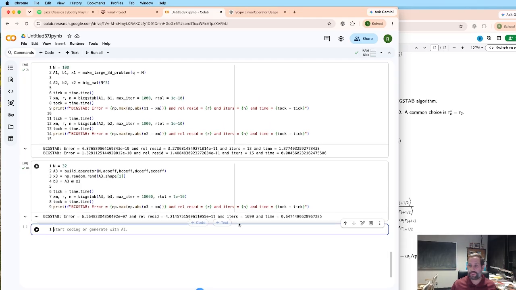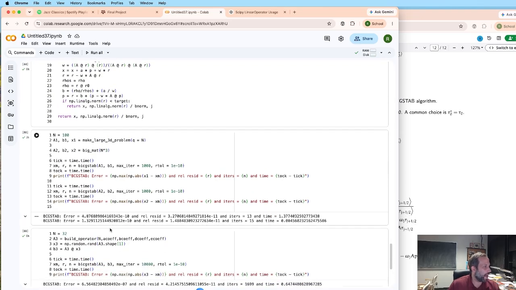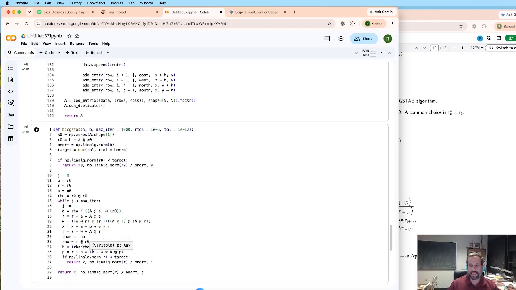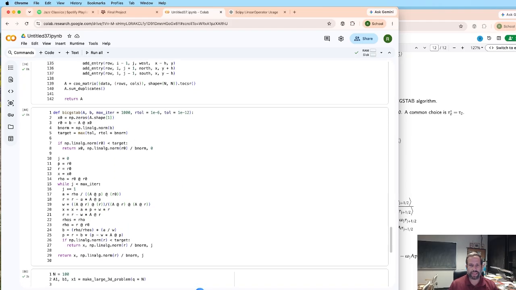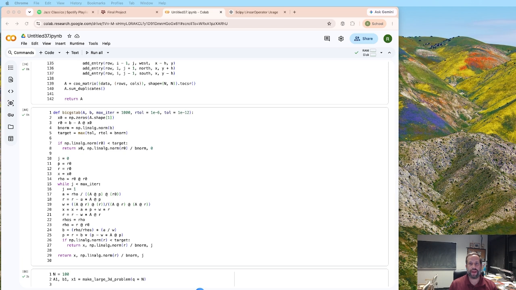Anyways, so this shows just how the same method can give vastly different results for different matrices. Okay, I'm actually going to keep things like this. All right, so the next method that I want to implement is going to be, let's see, hold on one second. Let me find the